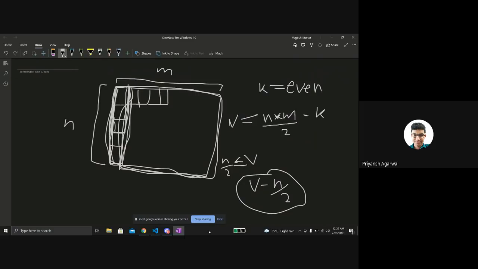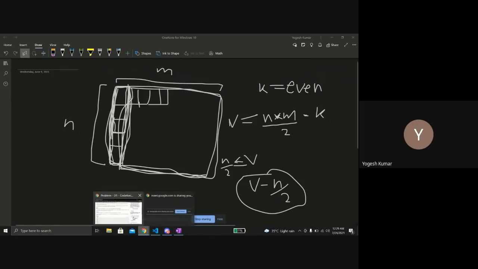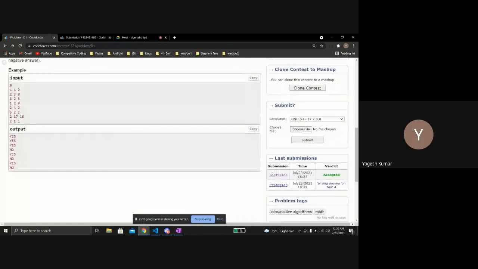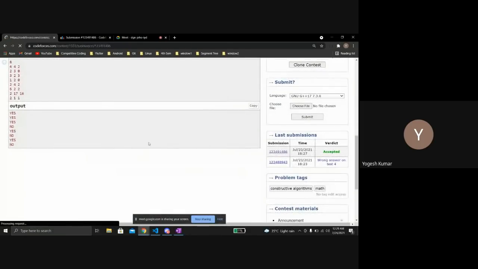I was basically thinking on the same lines, but my solution was not very clear to me. When I was thinking about it, I was thinking on the same lines, but it was very intuitive, so I sort of coded it up and just submitted it. Let me show my code as well, because the code is really small, so it will become more clear.